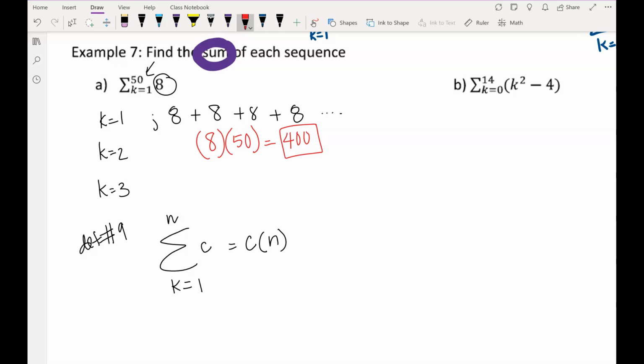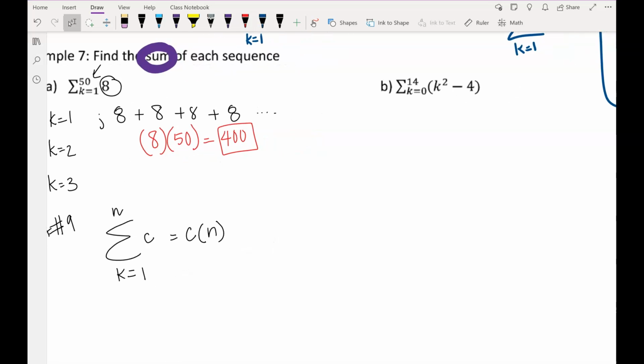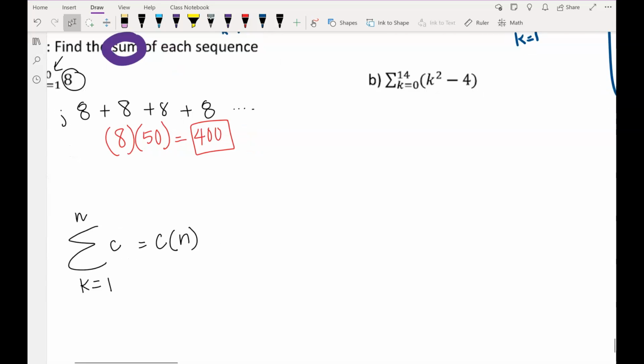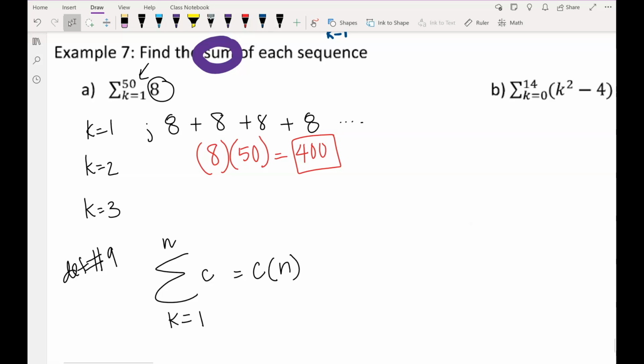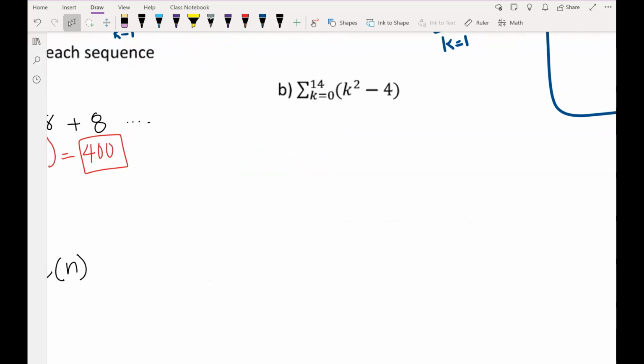Okay. Let's go to B. Now, before we start B, it says here the summation k starts at 0, which is slightly different from A. K starts at 1. And it ends at 14, when k is 14. So technically, can we go in and use the formula? If you look at definition number 8, I want you to go find definition number 8, okay. There is this formula right here. It says k has to start at 1,